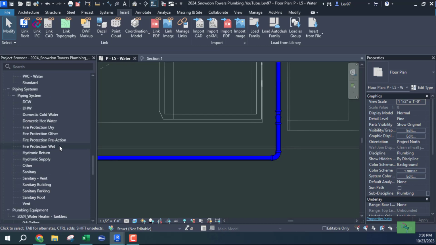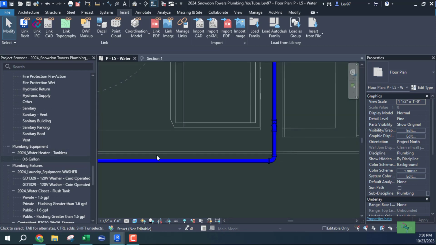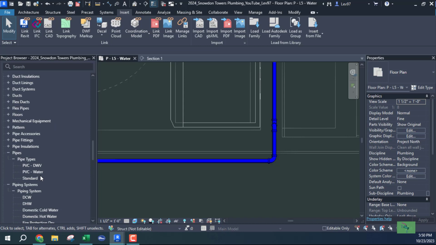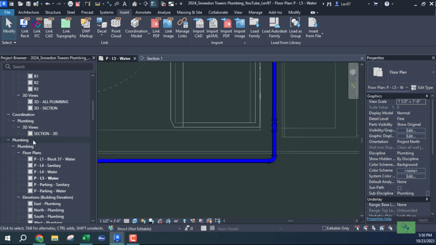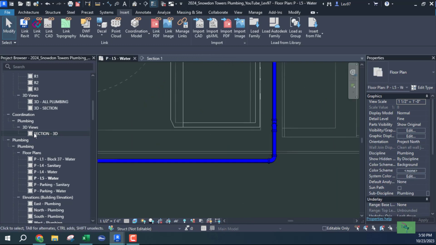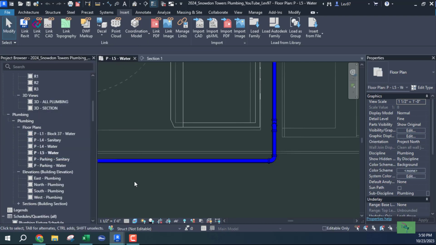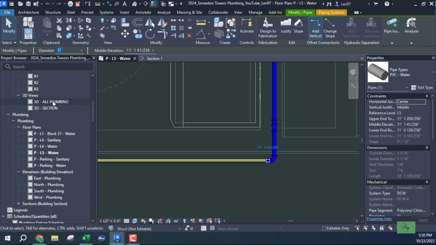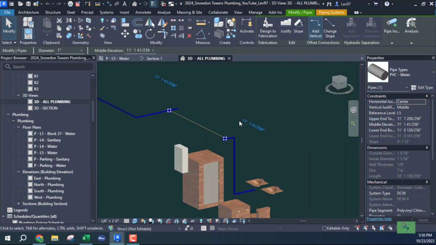I need to create a 3D view so I can see what's going on here. And so this 3D section, I have a 3D section. What's this one? It looks like there's a duplicate. So I'm going to delete this one. Let's delete this one. And let's look at all plumbing. So I can highlight it, and I'm going to go to all plumbing so I can see what's going on. You see it's highlighted here. So you can see that